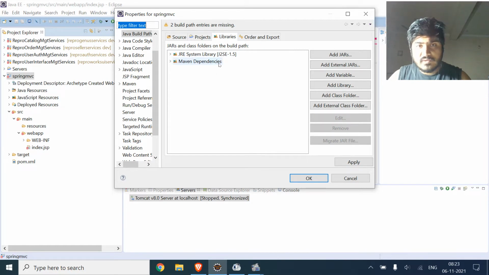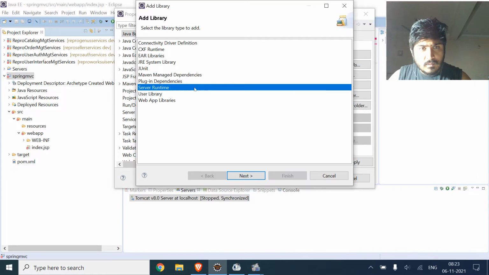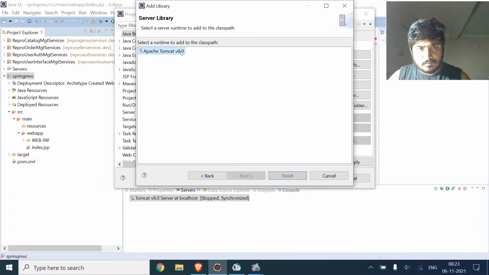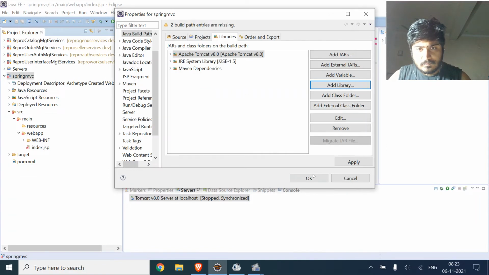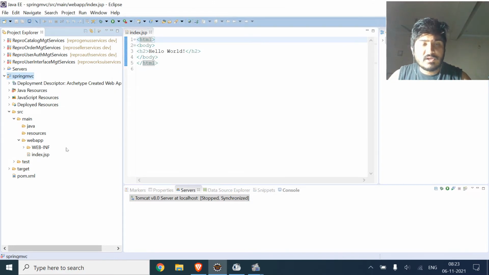So here we have to choose the server, apply, and OK. So that error is fixed now.